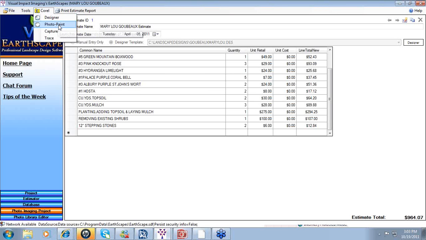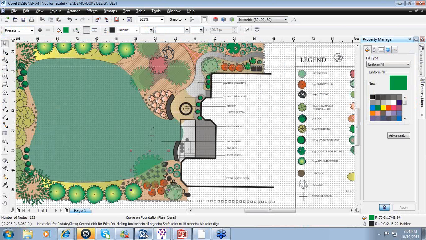My Designer 12 users, you will have a Corel Photo Paint icon on your desktop as well as a Corel Designer icon on your desktop. For this session, since we are working with Site Plan Designer Basics, I want you to open or utilize the Corel Designer application. When Corel Designer opens, again, this is going to be the application that we create our overhead